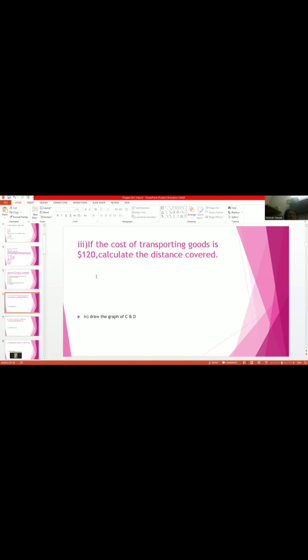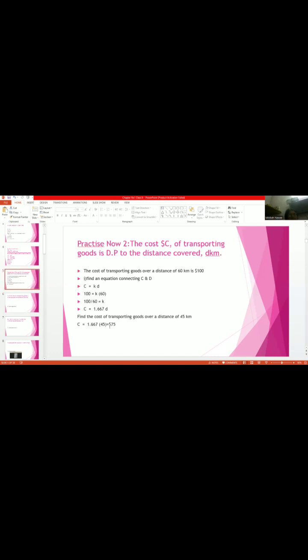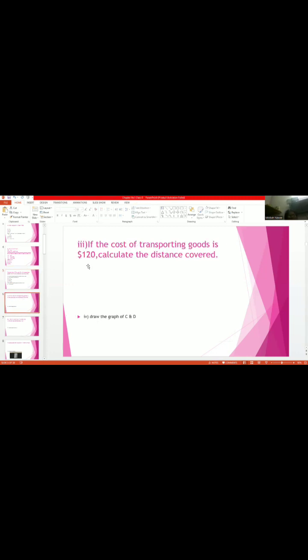Now we come to the third part. If the cost of transporting goods is $120, again we come to the previous one. First of all, I have to write the connecting equation. Okay, I have to copy it here. Control C. Now we move toward the third part. So I have to put the connecting equation here. Here they gave us the cost, that is 120. So instead of writing C, I write 120 here, and that is equal to